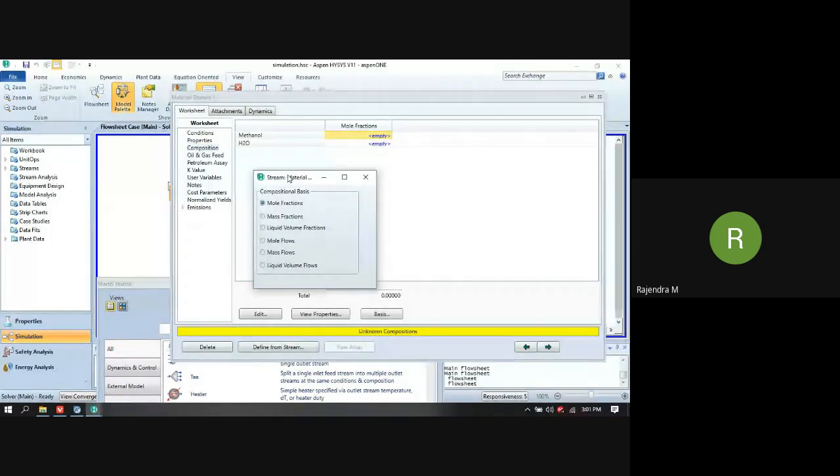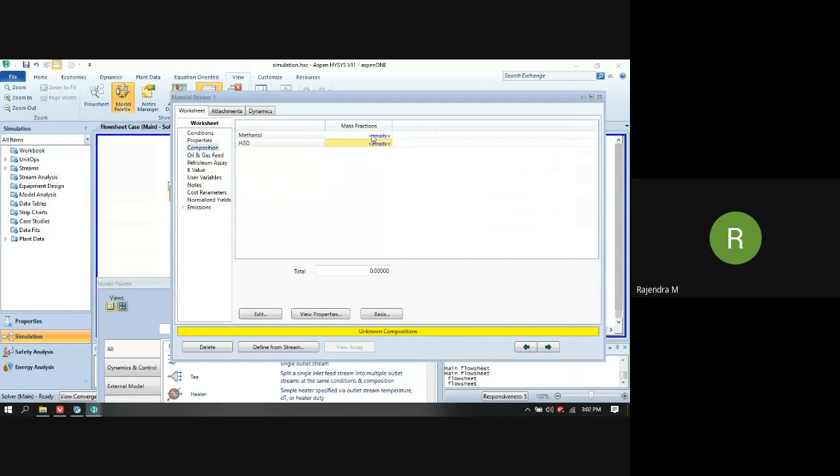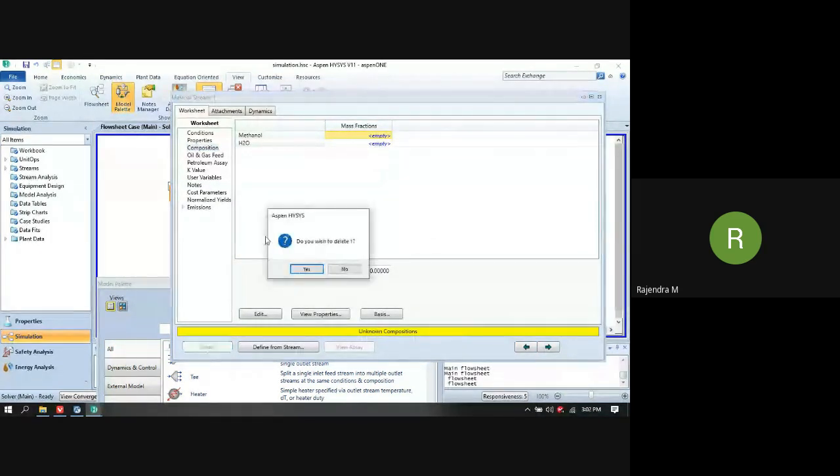You can change the basis like mass fraction, volume fraction, liquid volume fractions, molar flow rate, mass flow rate, and liquid volumetric flow rates. Okay. So we'll consider the mass fraction. Here you can type the percentage or the fractions.